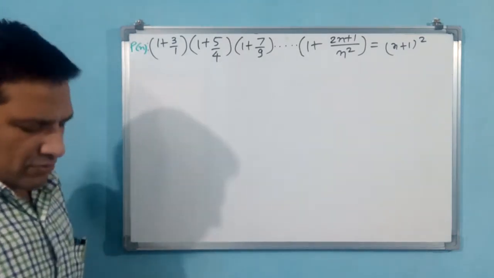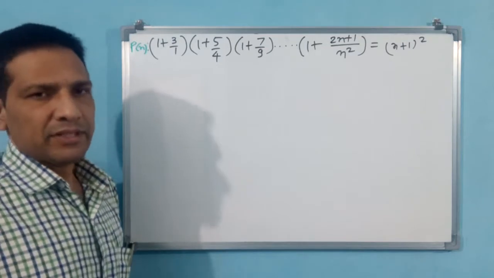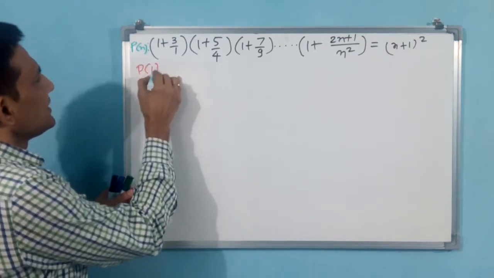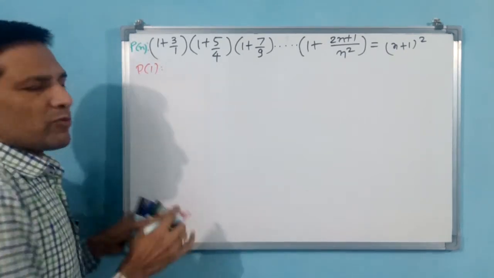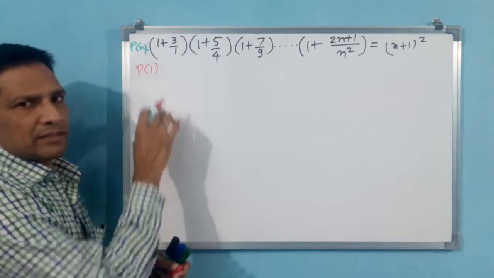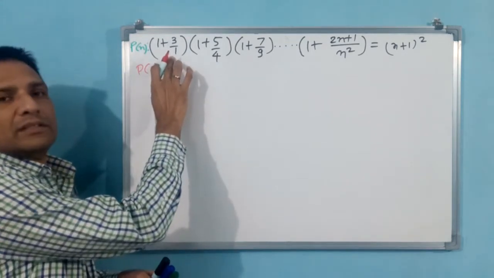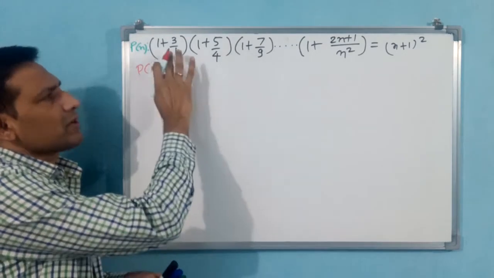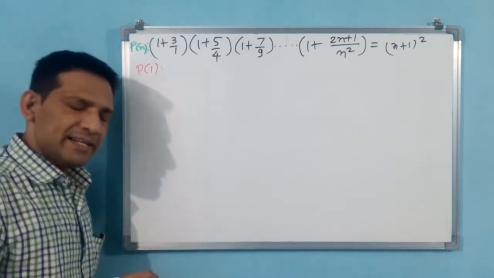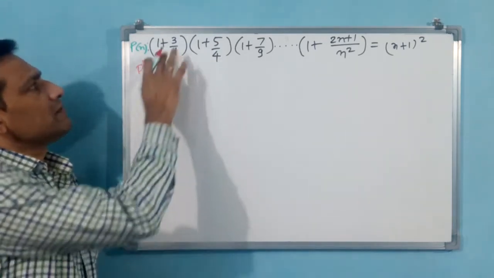Now I have taken the proposition. Next step, what do I have to do? Next step is P1. Let us do P of 1. What we have seen normally is that we have to take the first element or first part of this series. First term, rather, term is a better word. First term we have to take.